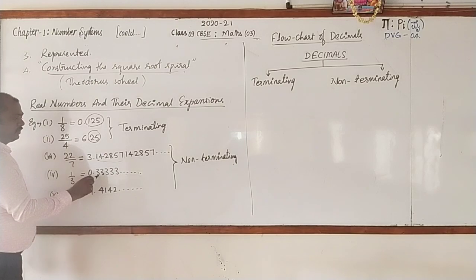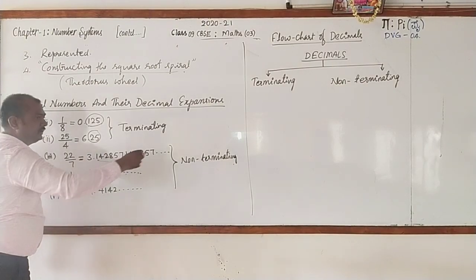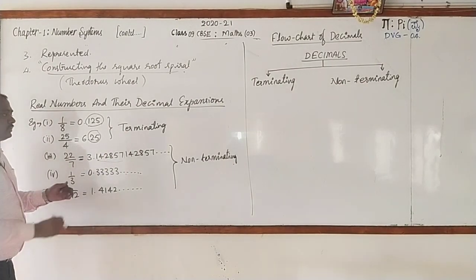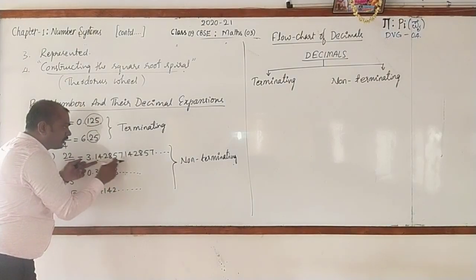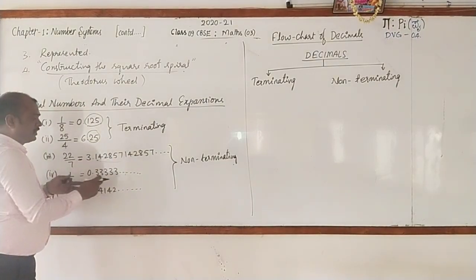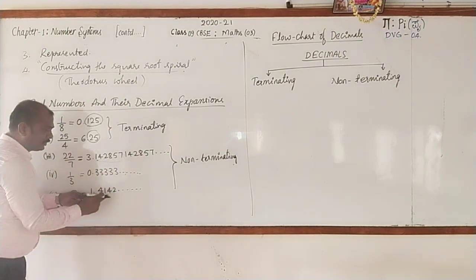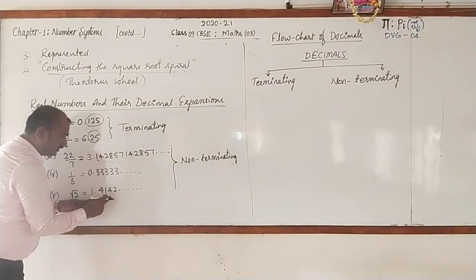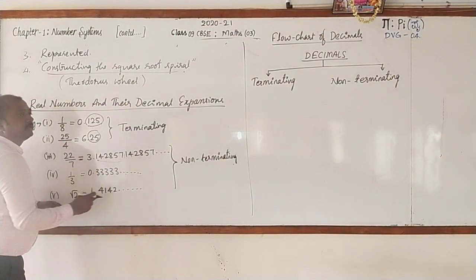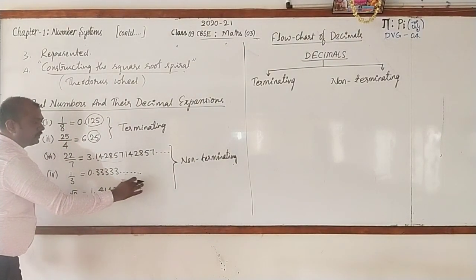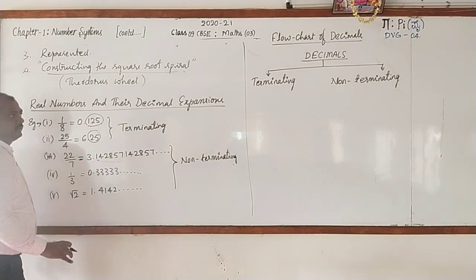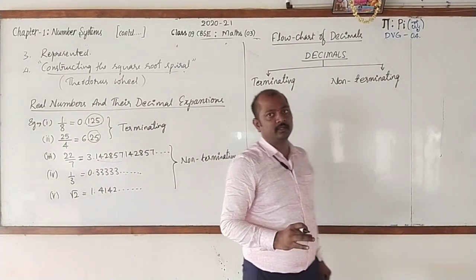Here, 0.3333 and it can be continued. So it is called the repeating block, and we can say that it is non-terminating, recurring. What about this? It is non-terminating. Here digits are not being repeated. Hence we can say that